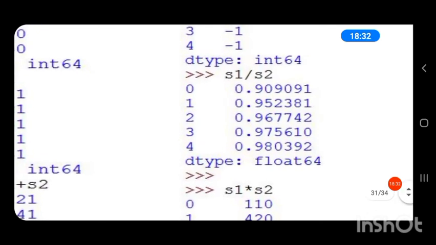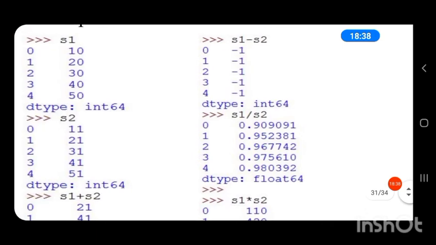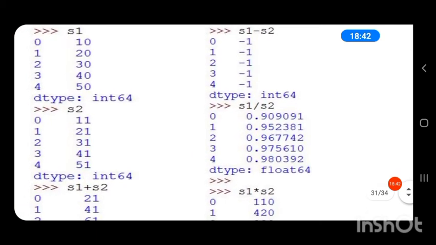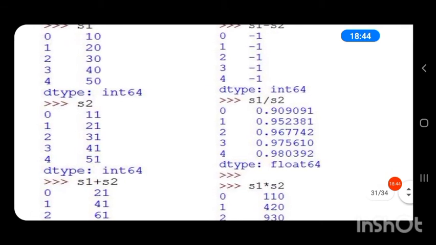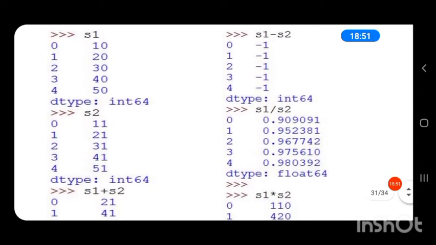Now we can divide S1 by S2. Then also the first value at index 0 is divided by the value at index 0 of the other series. So 10 is divided by 11.